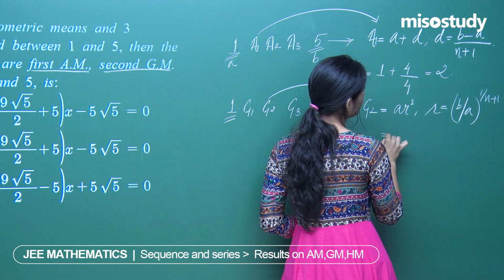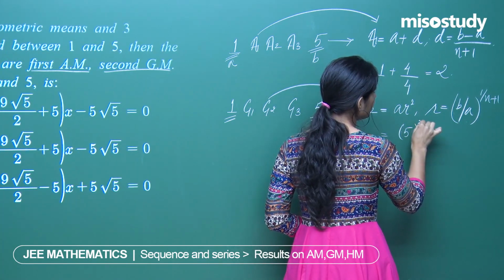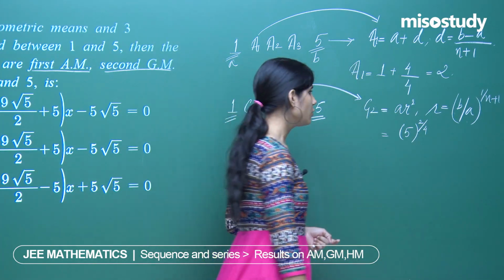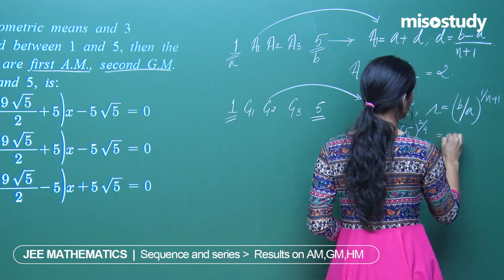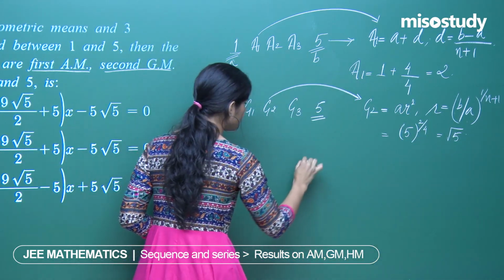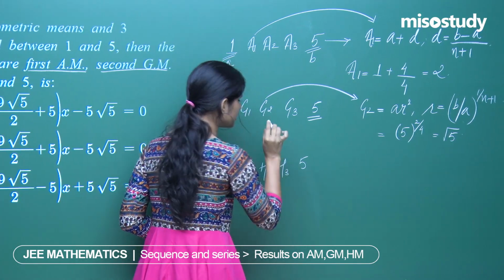So A is 1, R is (B by A) to the power 1 by (N plus 1), that is 5 by 1, to the power 1 by (3 plus 1), which is 1 upon 4 into 2, so 2 upon 4. This is root 5. And similarly, if between 1 and 5 you have 3 harmonic means inserted,